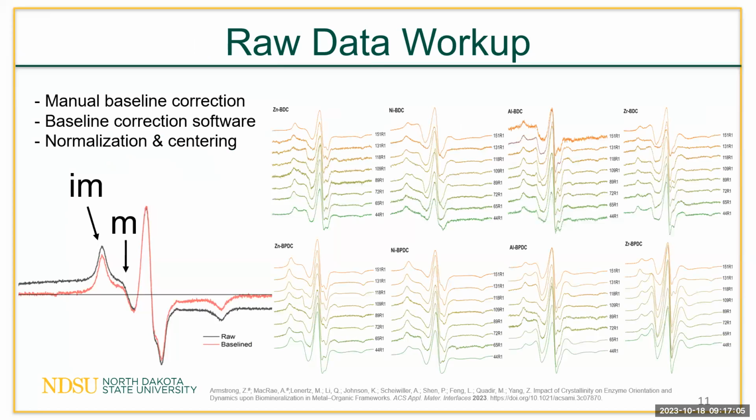So since this was my first ever EPR project, there was a lot of learning to be done here. And we have 64 spectra since we have 8 different spin labels and we have 8 different MOFs. You might ask yourself why I don't have 10 different MOFs, considering we're expanding on the previous paper of the 10 MOF library. The issue with that was copper-2 is EPR active, and after I tried removing the baseline of